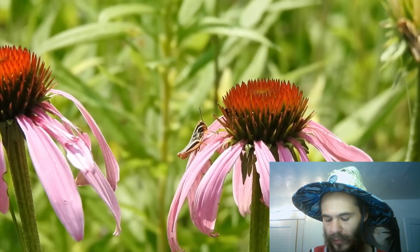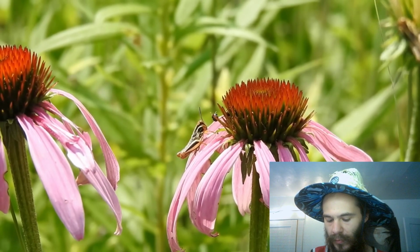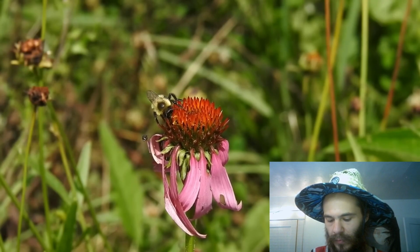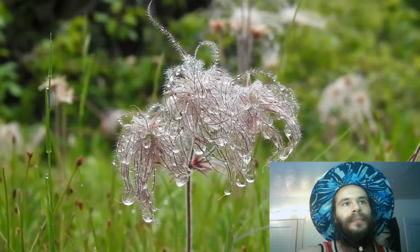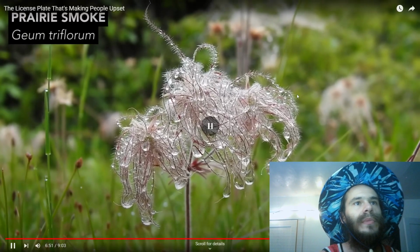The reason I am tossing out the idea that purple coneflower could have once grown naturally in what is now Pennsylvania is that prairie plants in North America, and purple coneflower is a prairie plant, migrated east during a warming period that took place approximately 5,000 years ago. This is why a plant like prairie smoke, a member of the rose family that grew...